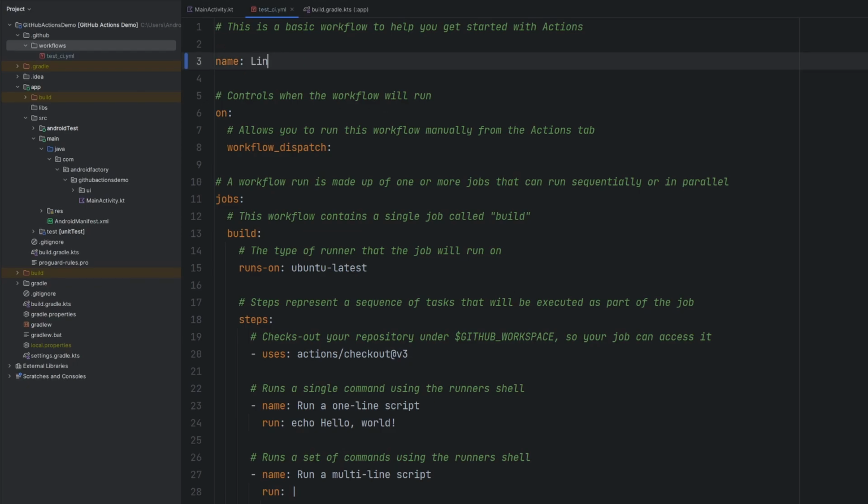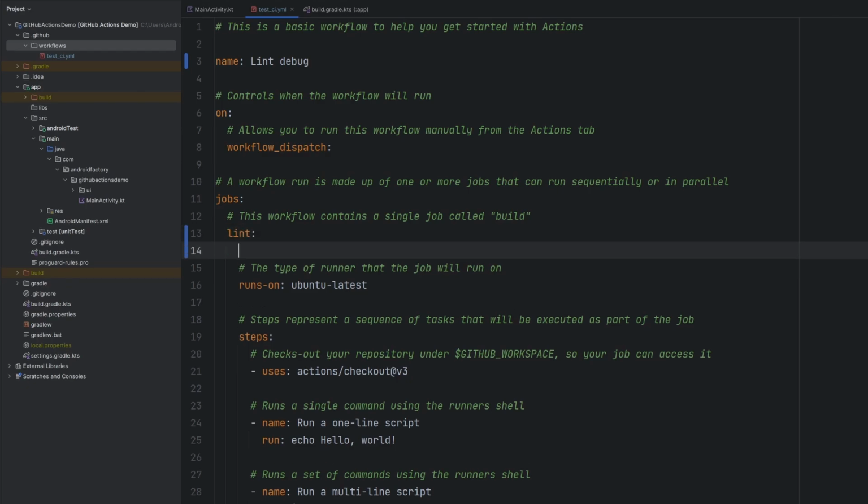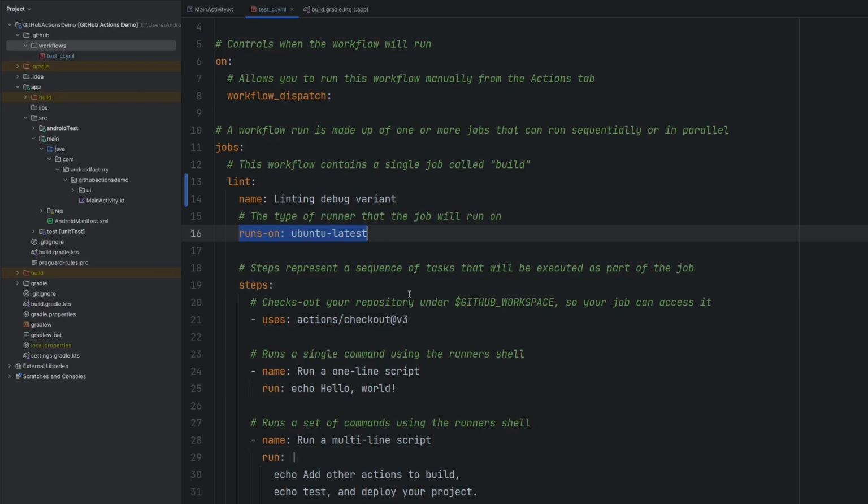So we're going to lint our debug variant here. We're going to name the workflow itself lint debug. We're still going to leave the workflow dispatch as is because we're going to want to run this manually, but eventually we're going to update that in the future because this is going to couple very nicely with something like running tests. Instead of build here, let's just name this lint. Let's give it an actual name as well. So we're just going to say, I don't know, linting debug variant. We're going to give it the Ubuntu latest to run on, and then the steps right here